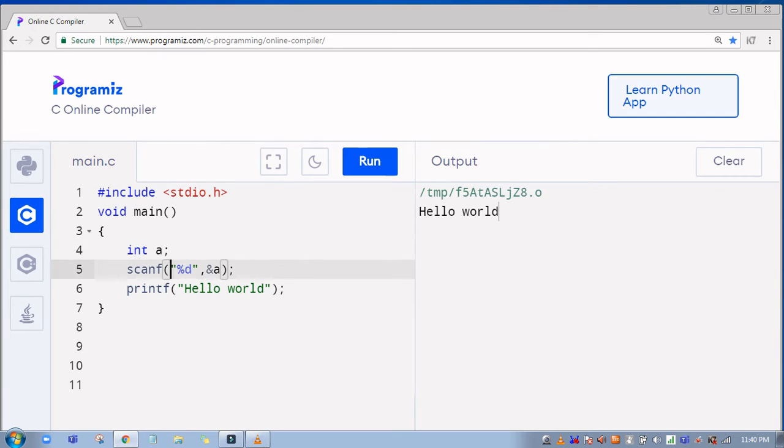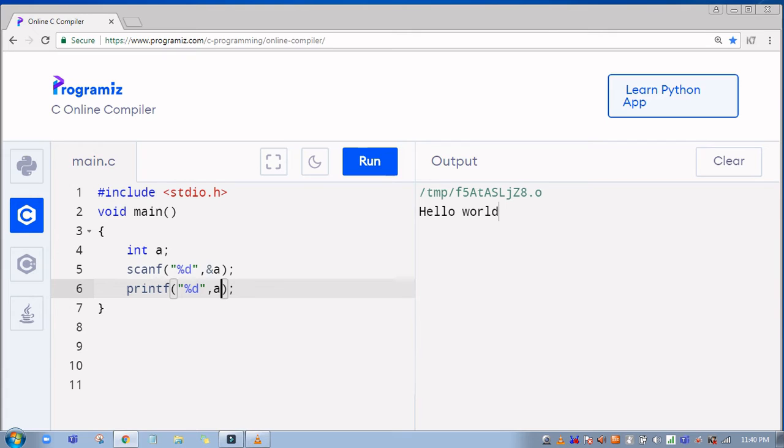Now I am going to make some changes here. I am going to just take hello world and give %d again. And then I'm going to give a comma and a. What is this comma? It separates here. This a value will be printed here. Okay, %d will take the place of the a value. Okay, this is our program.